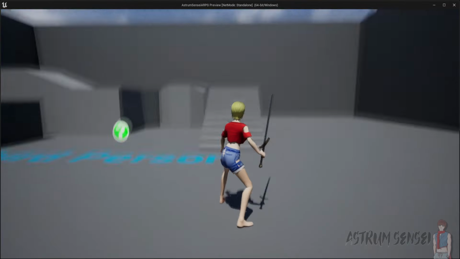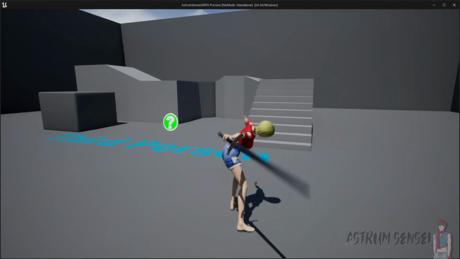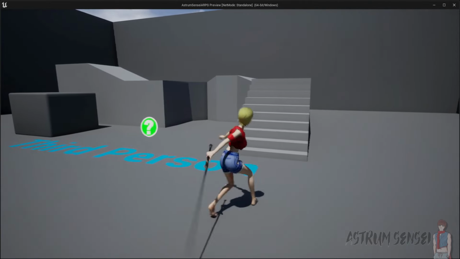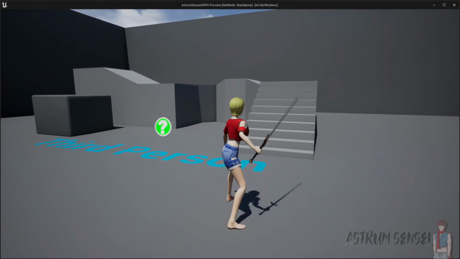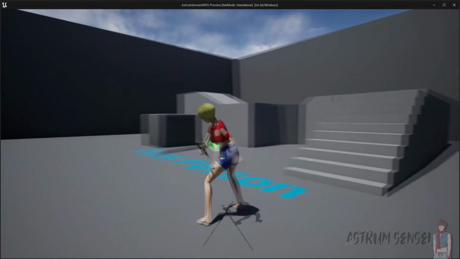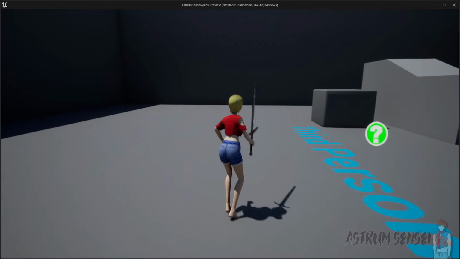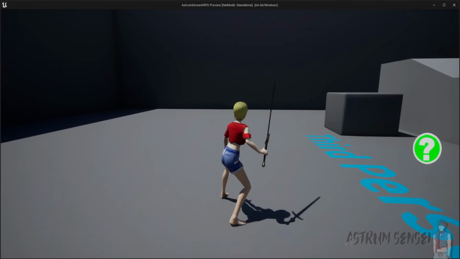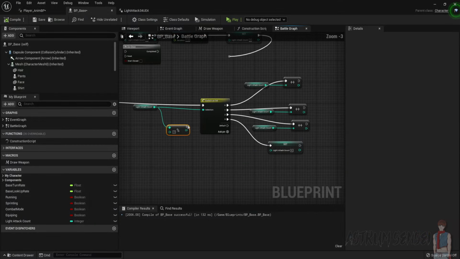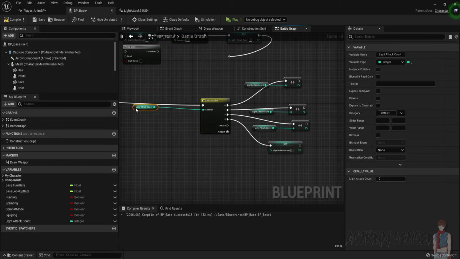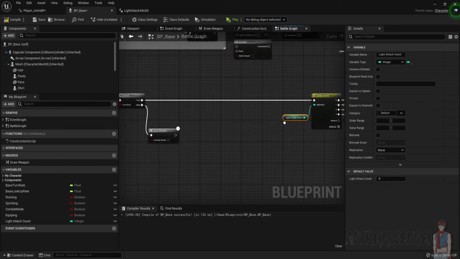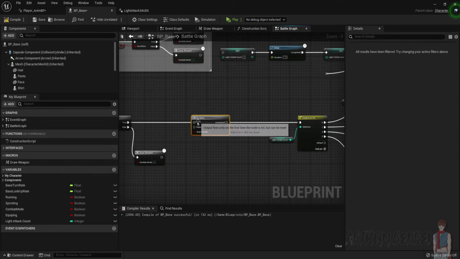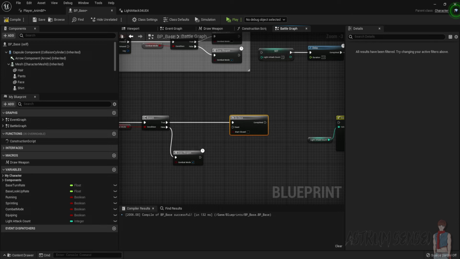So we grab our sword, we attack the first time, we attack the second time, we attack the third time, and we start from scratch. So once we set up the do once node, it will actually be better. Yeah, actually let's do so. So first of all, this one, we do not need it at all. It's not really necessary. And we want to get back the do once node into here, connect it to the true, and